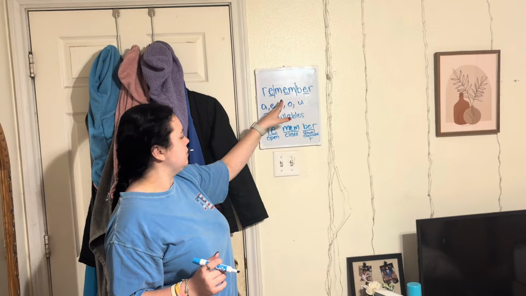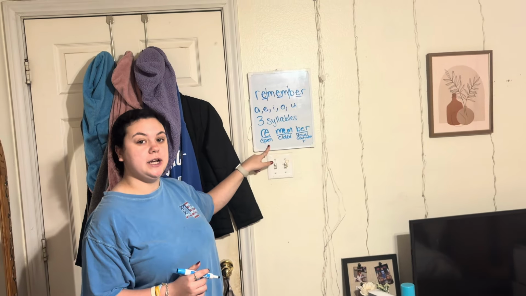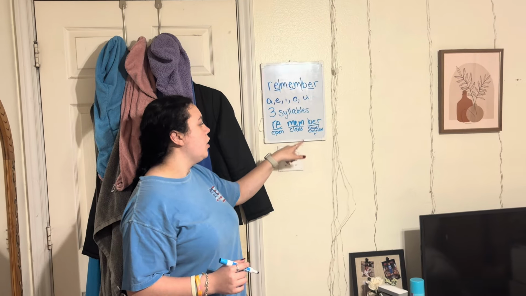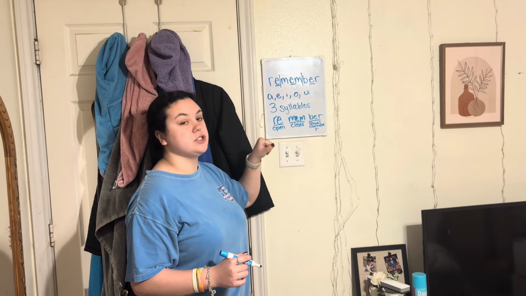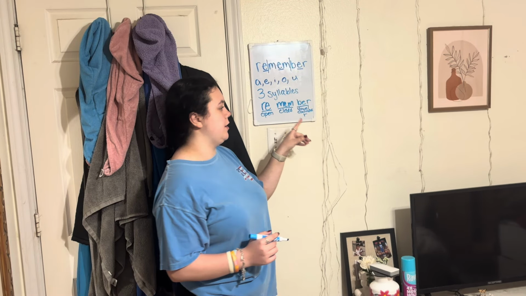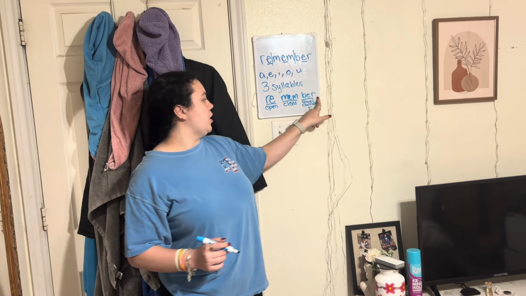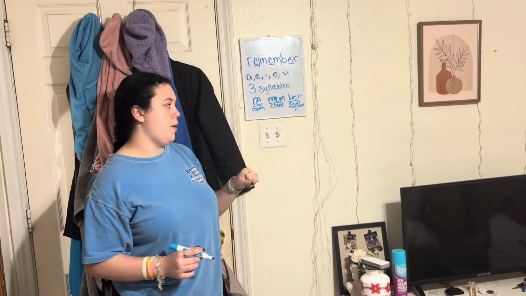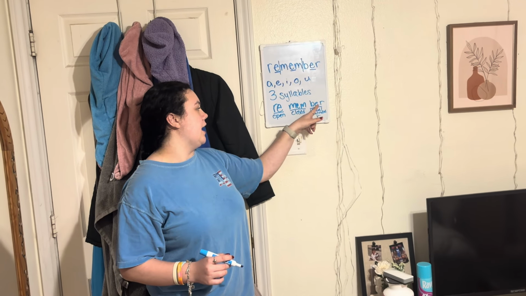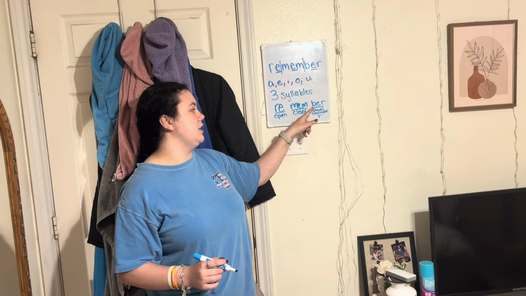If we look at our syllables, we know that re is open because it ends in a vowel and it says its long vowel sound. We know that mem is closed because our E is squished between 2 consonants and it says its short vowel sound, eh. And we know that bur is a vowel-controlled R syllable because even though it's squished between 2 consonants, it ends in ER, which makes the E turn into